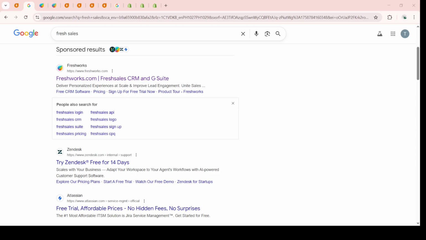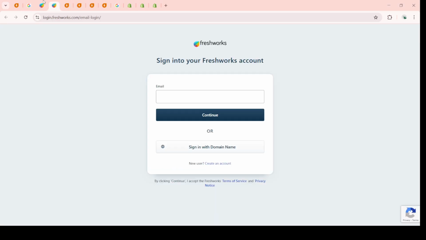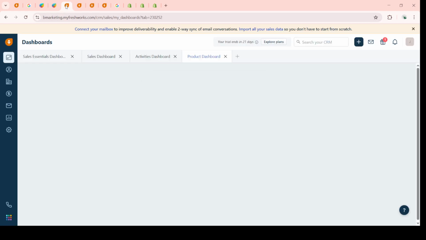Start by opening your browser and searching for Freshsales. Once you've landed on the Freshsales homepage, go ahead and log in. Now, logging in is your gateway to accessing all your contacts and making the most of the Freshsales suite. Remember, applying a contact list can mean segmenting your contacts to create targeted marketing campaigns, or simply organizing them for